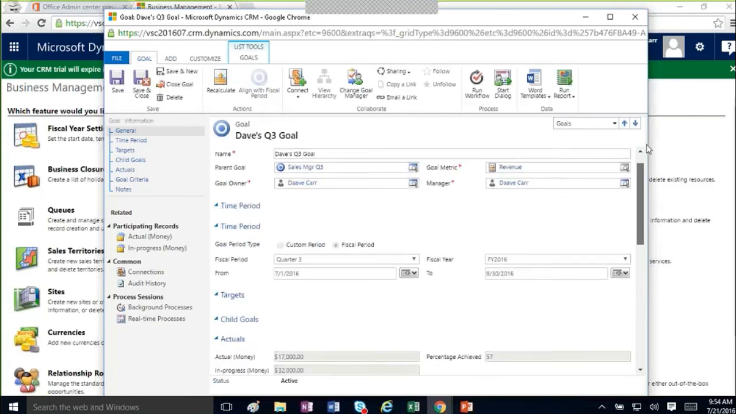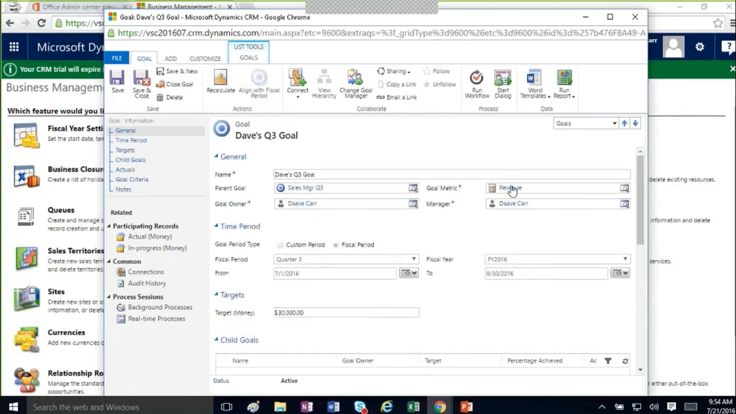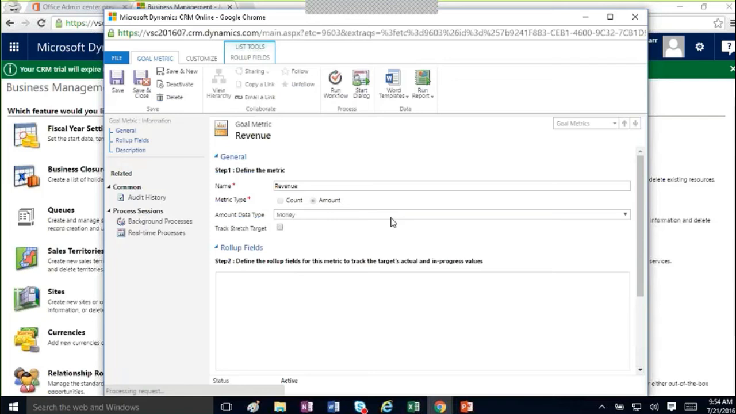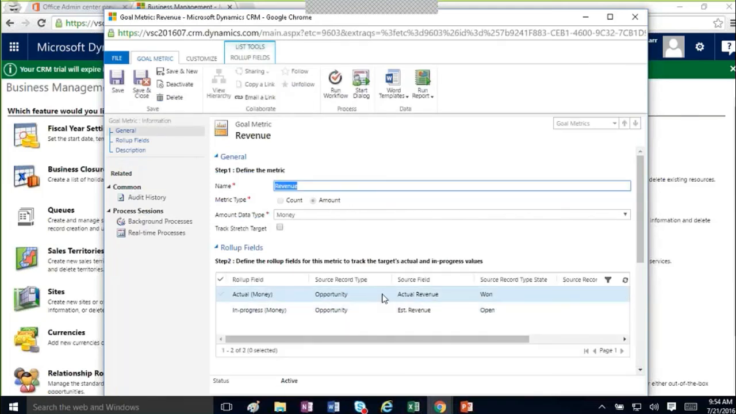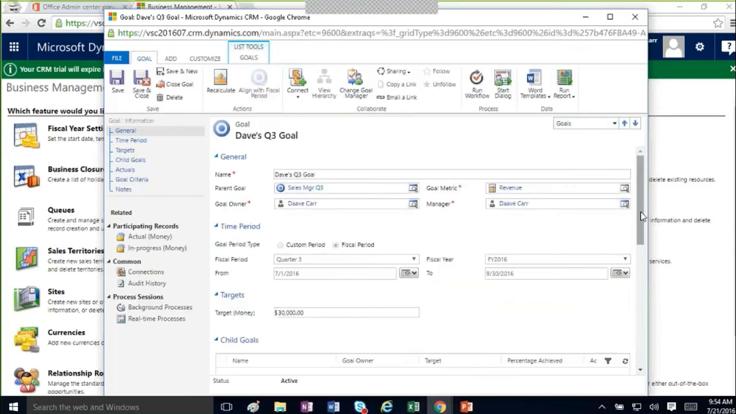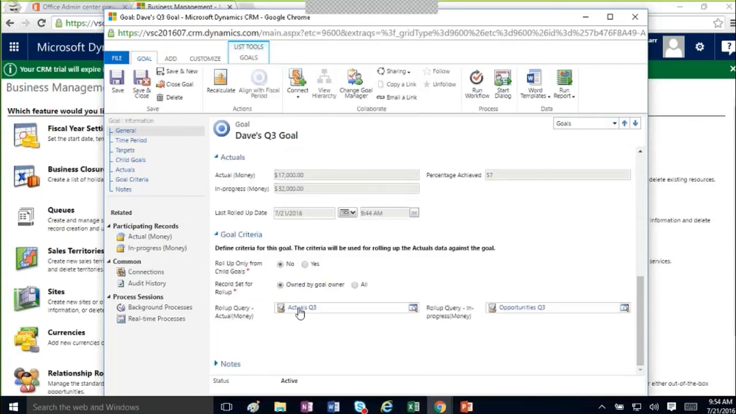So it's a combination of things here. This goal metric, just to refresh your memory, tells us what we're measuring. We're adding up actual revenue and estimated revenue, putting the actuals in the actuals and the estimated in the in progress. So we're looking at revenue numbers from the opportunity field, and then we're looking at the ones that are falling into this quarter and owned by me. So a combination of those 3 fields is going to